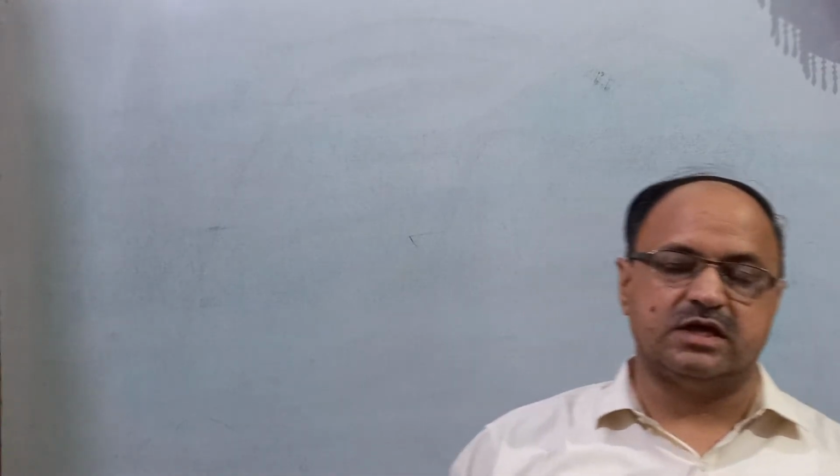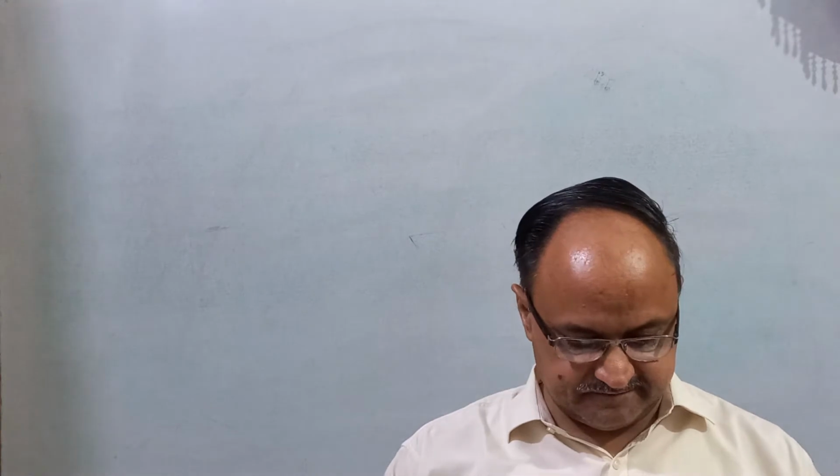Hello students, I'm going to continue with the same topic, that is sequence and series. Today we'll solve the miscellaneous exercise of this chapter, because you know that 9.4 is not in our syllabus. So the first question of the miscellaneous exercise: show that the sum of the (m+n)th term and the (m-n)th term of the AP is equal to twice the mth term.